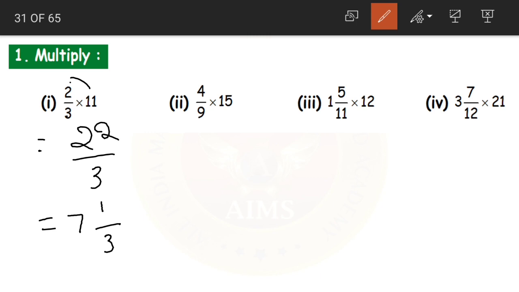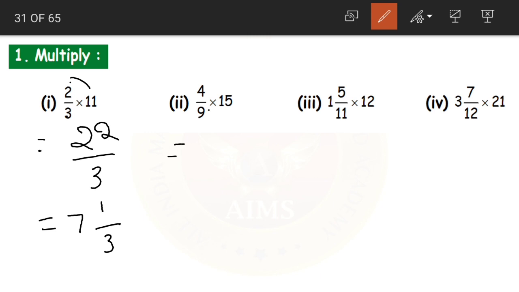Okay students, I am explaining this quite fast because already we have done all this multiplication and converting improper into mixed numbers a lot of times, right? So instead of lagging the class, I am completing it fast.